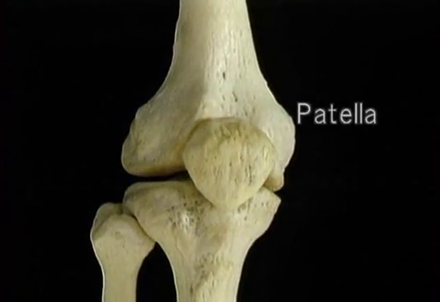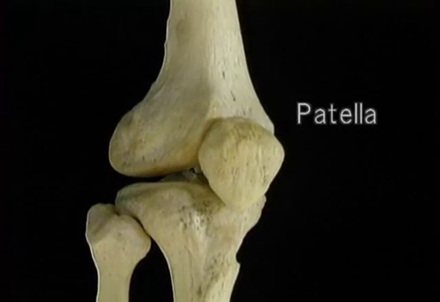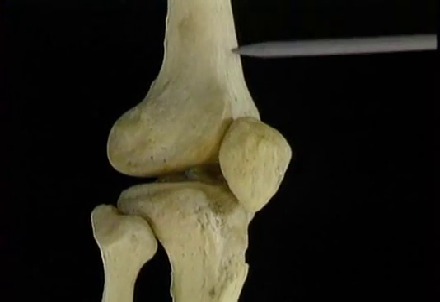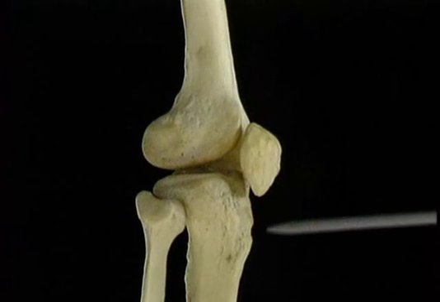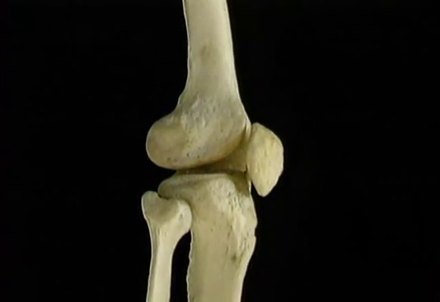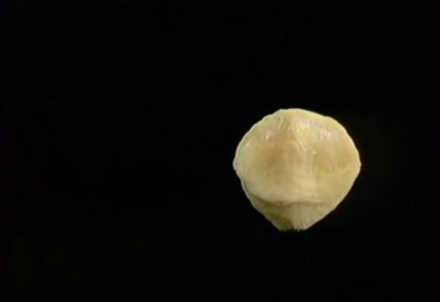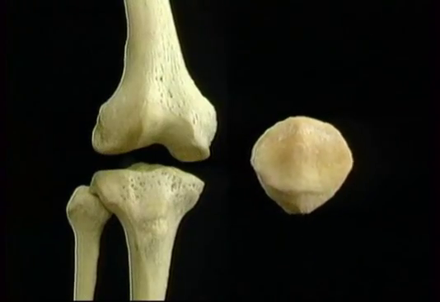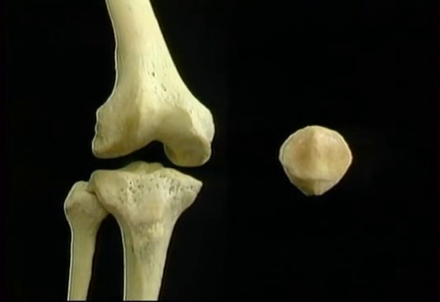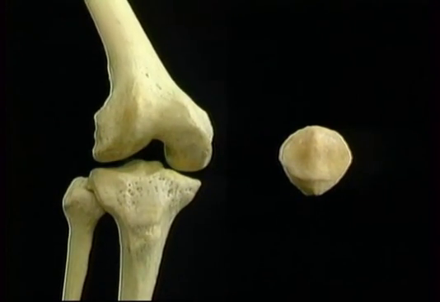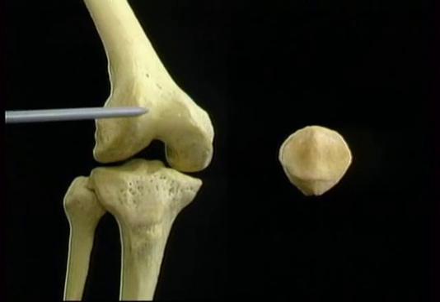The patella, as we'll see, is embedded within the quadriceps tendon, which comes from up here and inserts on the tibia down here on the tibial tubercle. On the back of the patella, the articular surface is divided into facets. These articulate either with the femoral condyles, when the knee is flexed, or with this central articular area